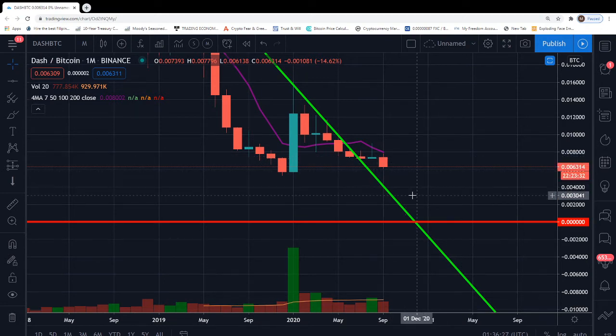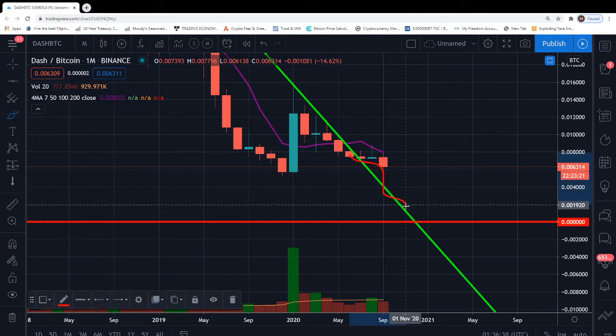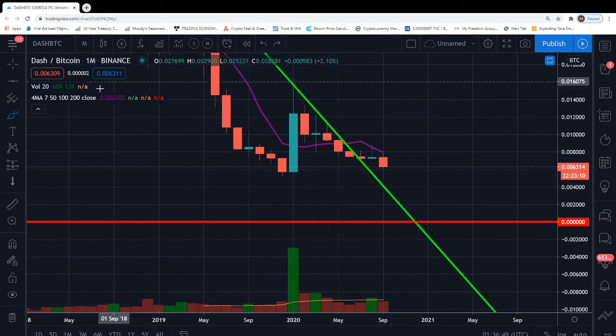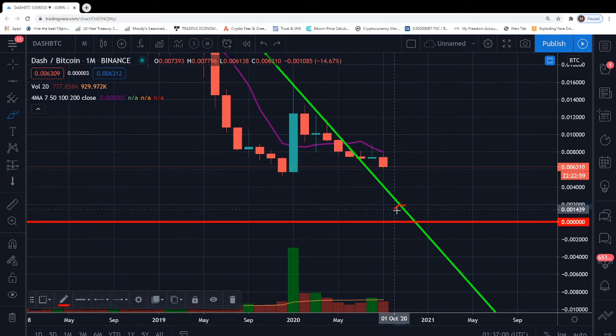Okay. If it were to make that move down in December, it wouldn't have the opportunity to find support on this green descending line that I've been talking about here, okay? Because in December, I think it would be below zero, okay? So anytime before then, so let's just say by November, okay? If the price action comes down and finds support on this resistance line that's been keeping the price down, let's just say in November, that would be approximately 1172 sats. Okay, that would actually be a very bullish case, at least as far as what I can see on the charts here.